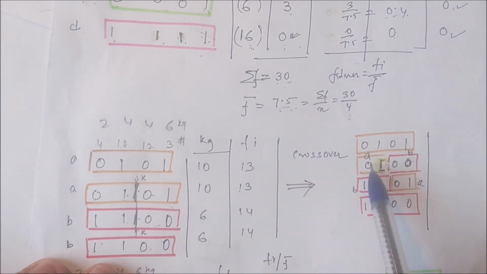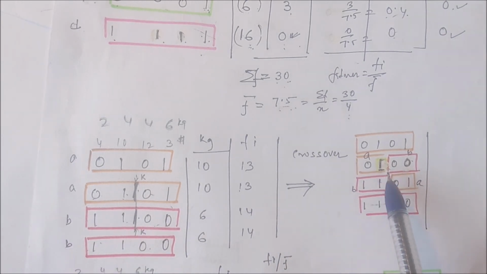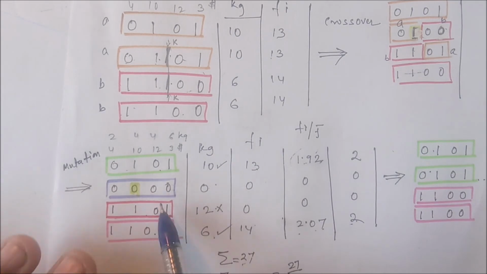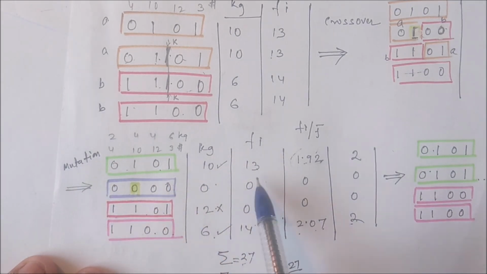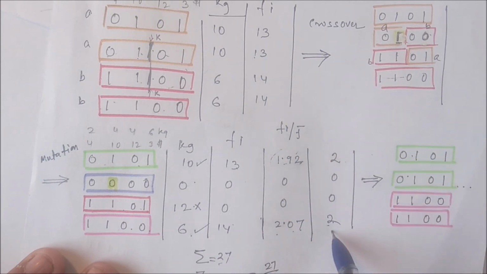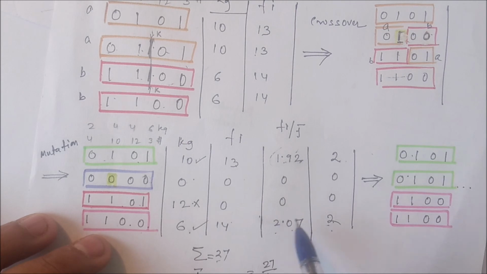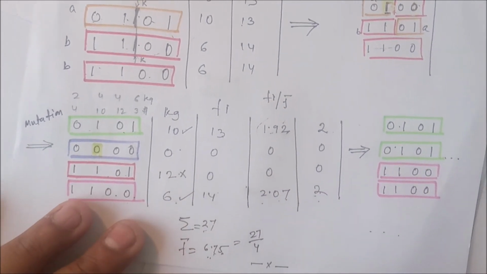अच्छा, उसके बाद फिर क्रॉस ओवर कर रहे हैं, तो क्रॉस ओवर करने के बाद हम लोग का ये आ गया, उसके बाद हम लोग म्यूटेशन कर सकते हैं, तो म्यूटेशन में ये जो बिट 1 है ये चेंज होकर 0 हो सकता है। फिर से हम लोग इवैल्यूएट कर रहे हैं, है ना। इवैल्यूएट करने के बाद फिटनेस वैल्यू कैलकुलेट करें तो ये 2 आ रहा है, ये 2 आ रहा है, इसका मतलब कि ये 2 बार लेंगे, ये 2 बार लेंगे, ये दोनों नहीं लेंगे, ये प्रोसेस चलता रहेगा।